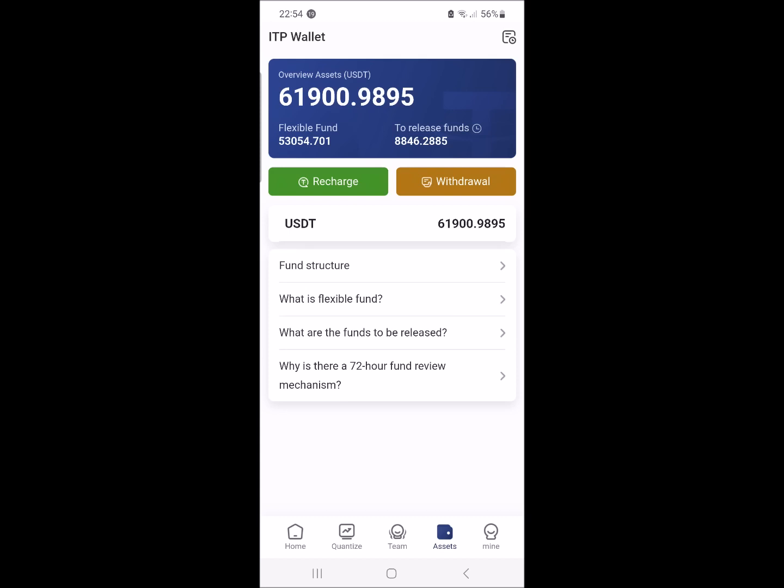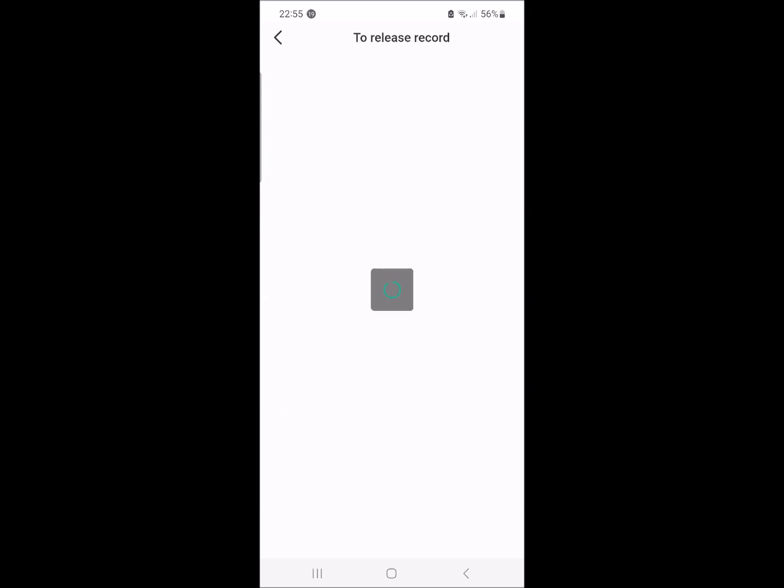Also, when you do your trading, the amount you trade on, because I'll be trading on the flexible fund, which is 53,000 at the moment, when I've done my trading, that 53,000 will go into the 2 release funds, and that will be released when the system resets at midnight Seattle time, which is 8 a.m. UK time. Okay, now if I tap on the 2 release funds,